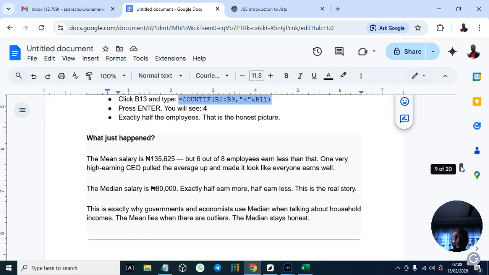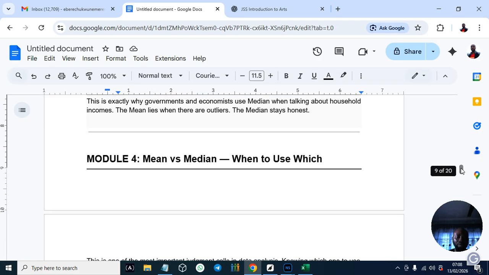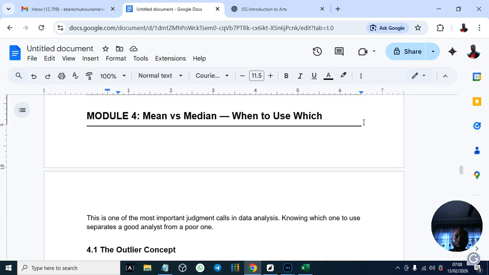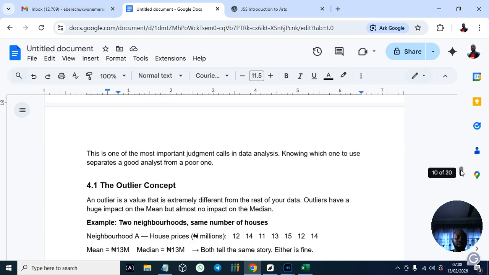When there is an outlier, it pushes the other side. This is where you now pay close attention: when to use which. If you understand this well and know what an outlier is, that is when there are rich people on one side and poor on the other.